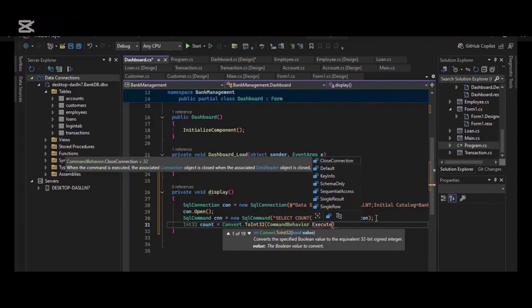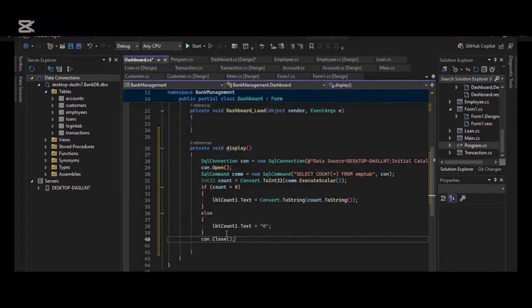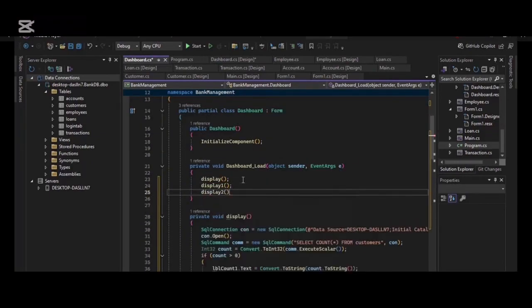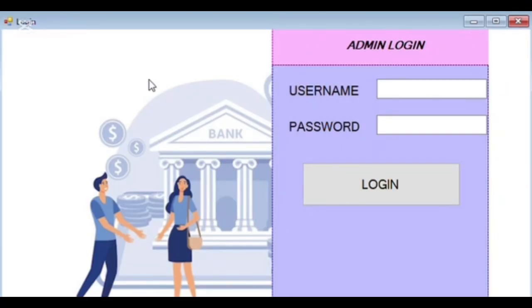So here is our code for our dashboard. You can use this code in your program and seek help from it. So yes, when you enter your username and password, if it's correct, it will